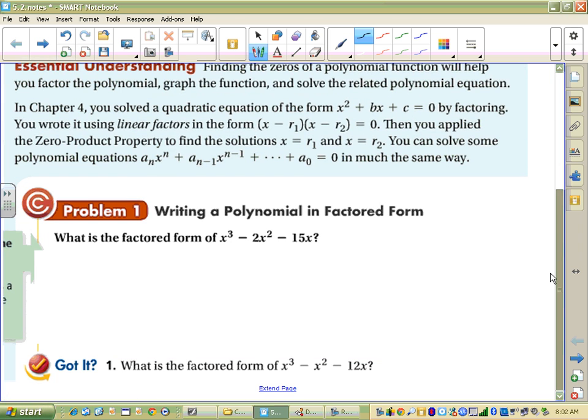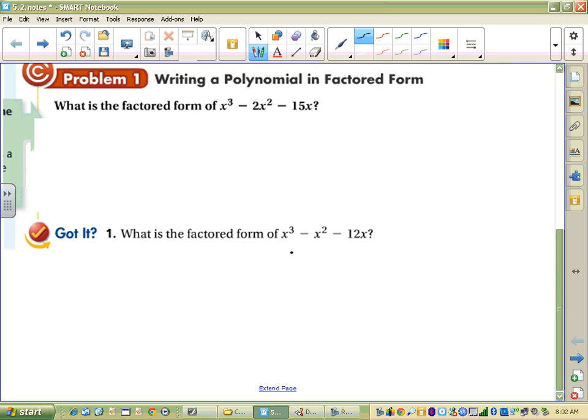Okay. All right. Oh, problem 1. Hey, we saw ones just like this in the Math Excel homework. It says, what's the factored form of this? As I graded and made corrections to the Chapter 4 tests, I noticed that some of you are not quite grasping the idea of factoring. And what I mean by that is I think you know how to factor, but you don't understand what factored form means. Factored form, what this really is implying, the hidden message here, is all the factors